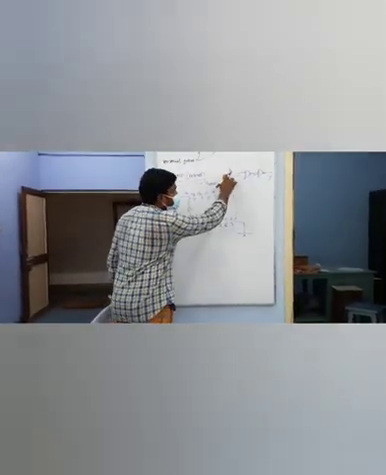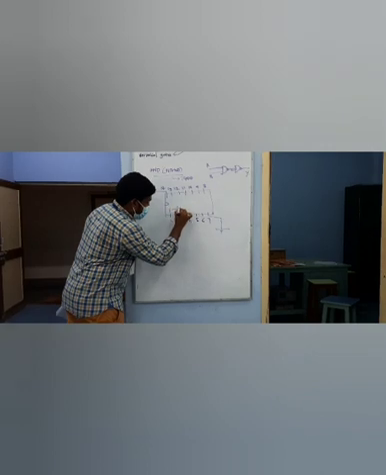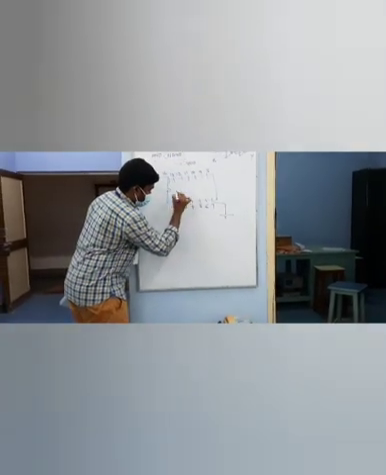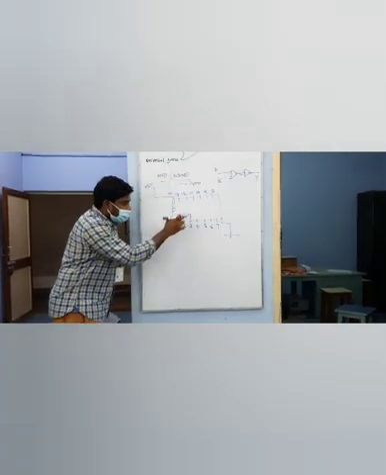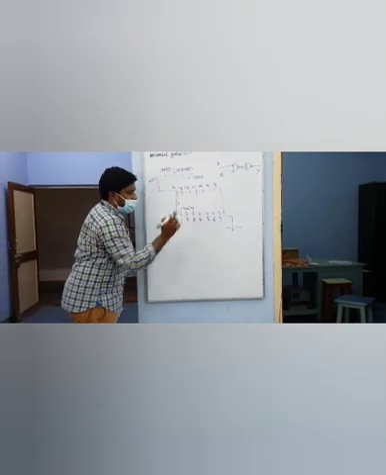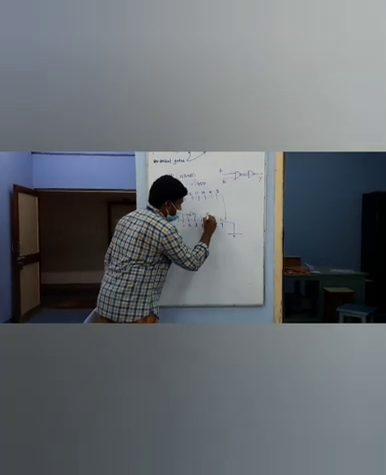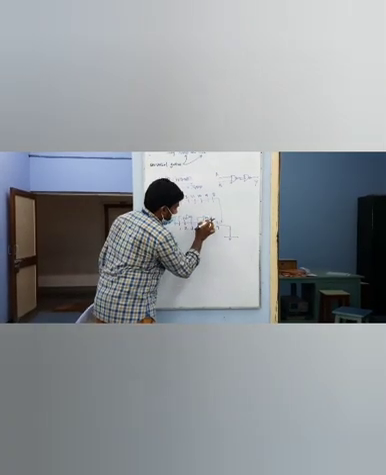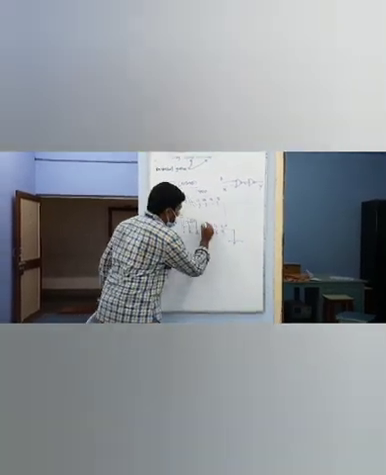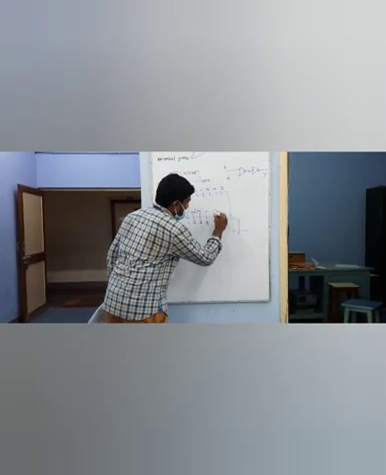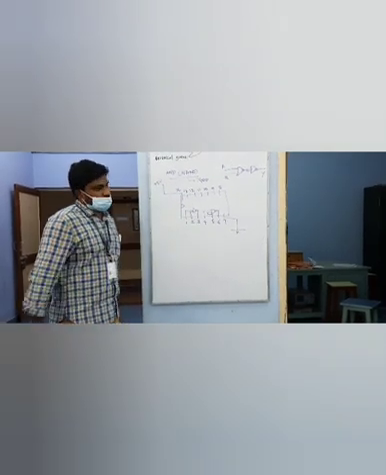Now the first input, where should you give the first input? A. See here, you have the NAND gate over here, right? First pin is the input of first NAND gate. Second pin is the second input of my first NAND gate. Where is the output of my first NAND gate? 3. Likewise, 4 and 5 are the inputs to my second NAND gate, and 6 is the output.